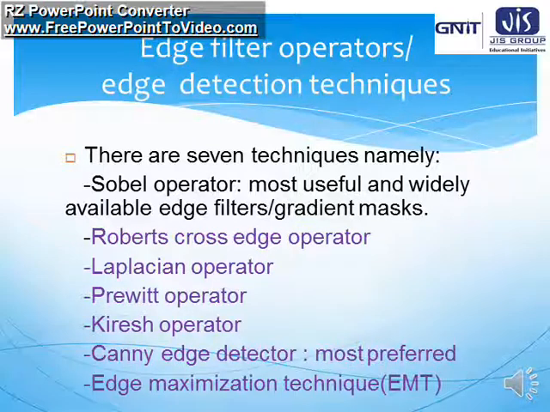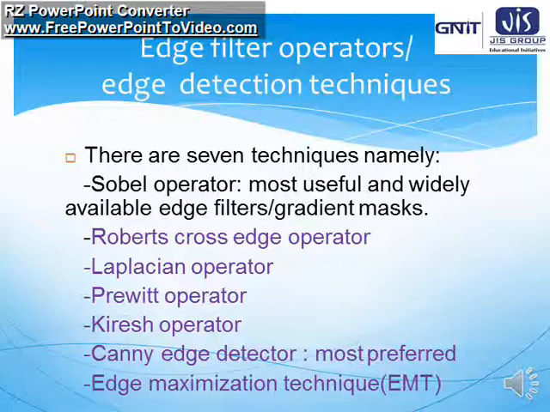Moving to the next slide, there are some operations we can see here. So edge filter operators or edge detection techniques. There are 7 techniques which are very popular. One is the Sobel operator. This is the most useful and widely available edge filter or gradient mask. Then the Roberts cross edge operator, then the Laplacian operator, then the Prewitt operator, then